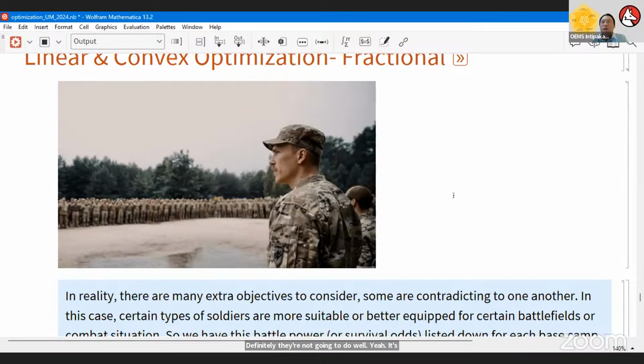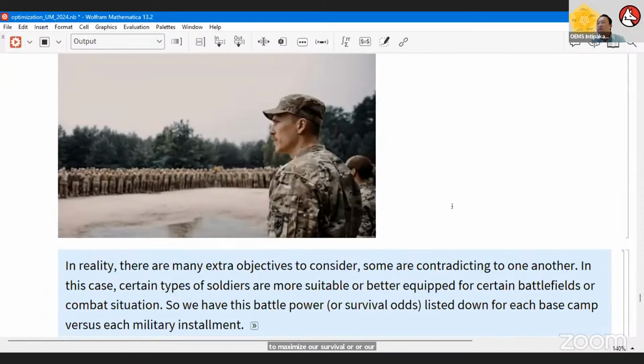Sending foot soldiers to fight a war near the seaside or riverside might not do best for their expertise. So we want to minimize the costs, at the same time maximize our survival odds or winning odds. So these are two contradicting constraints. So this is considered fractional.